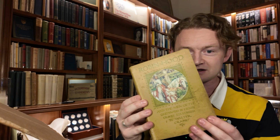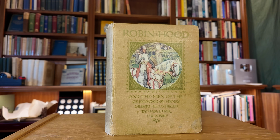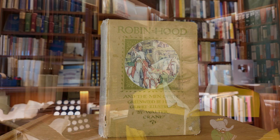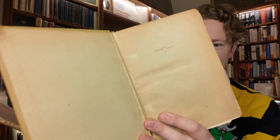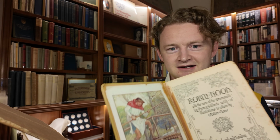And our last book from this bubble bag is a copy of Robin Hood, illustrated by Walter Crane, and this has clearly been enjoyed over and over again. So we just have his name here, Michael H.R. Tolkien, to the front free end paper, no date and place. That's obviously something he started doing later. And then here's the title page,